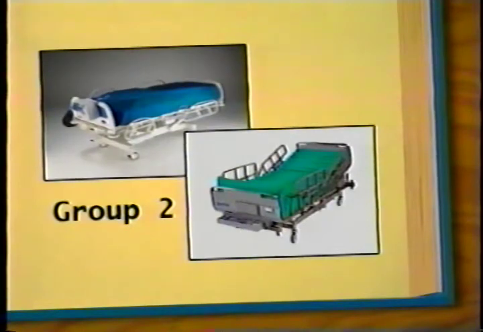Group 2 devices are powered by electricity or pump and are considered dynamic in nature. These devices include alternating and low air loss mattresses. These mattresses are good for residents that are moderate to high risk for pressure ulcers or have full thickness pressure ulcers. The advantages of alternating air mattresses include portability, redistribution of pressure, reduction of shearing, and they are moderately priced